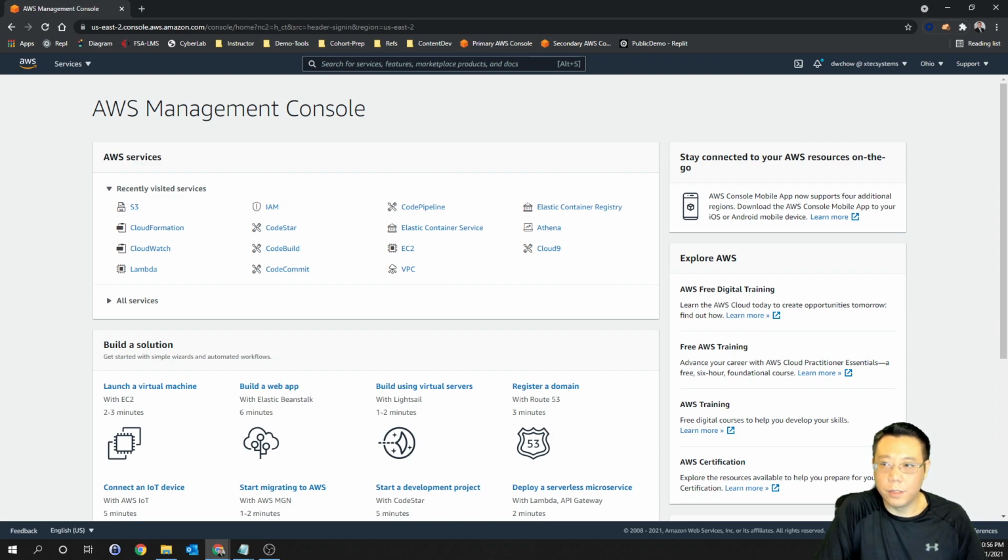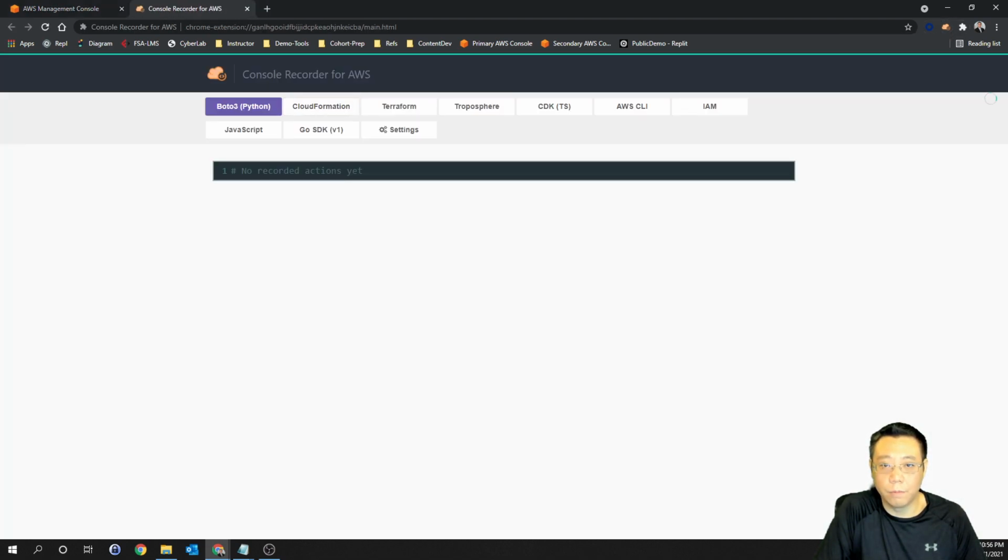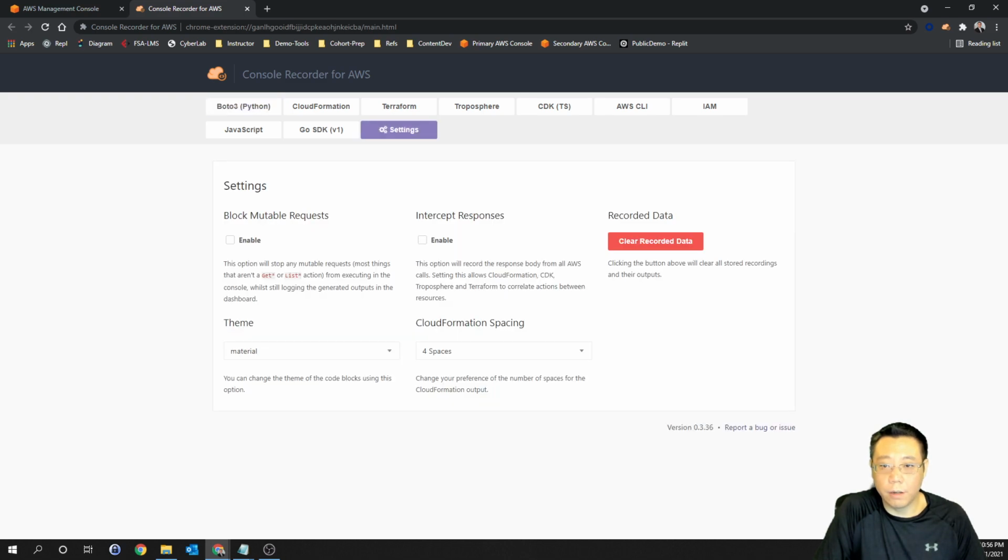Make sure you log into your console and ensure that you have your extension loaded. It has access to the site, and I'm going to start recording. I can also go to the dashboard. I can set my settings in here if I need to and intercept all the responses, and it will create the CloudFormation and CDK requirement necessary. So I'm going to intercept responses,